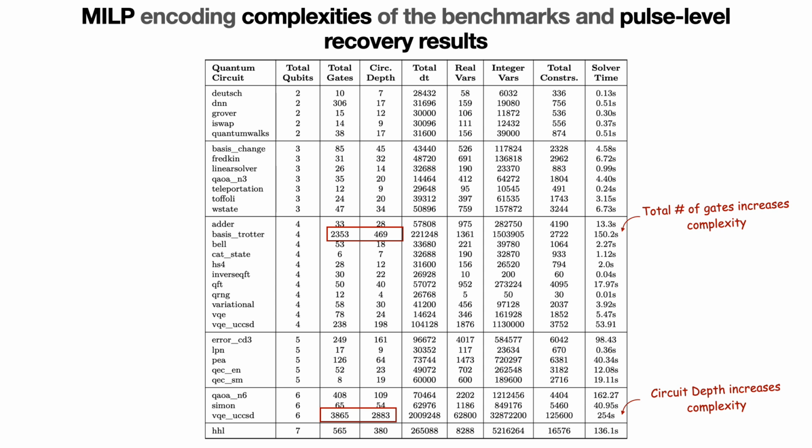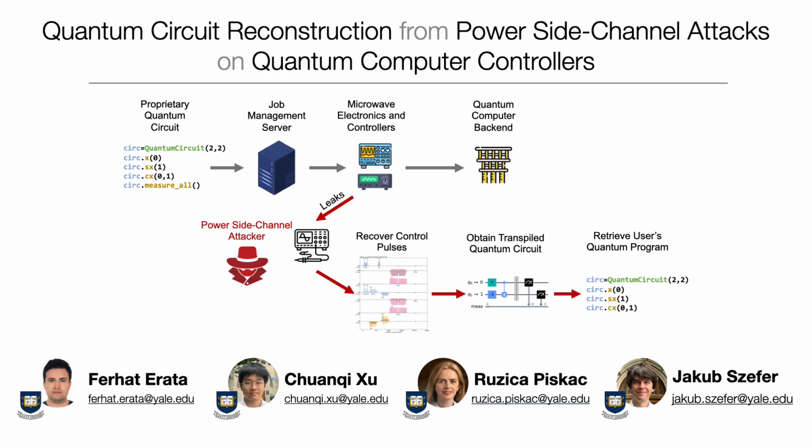It's important to note that while our techniques demonstrate high accuracy in reconstructing circuits from power traces, the resulting circuits may not be an exact replica of the original circuit, but rather a semantically equal one, due to the transpilation procedure I explained in the beginning. This is analogous to the classical compiler optimization, where reverse engineering from binary code to the original C code may not yield an exact reconstruction.